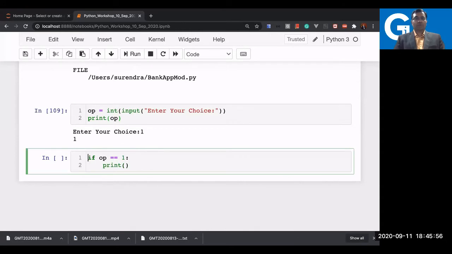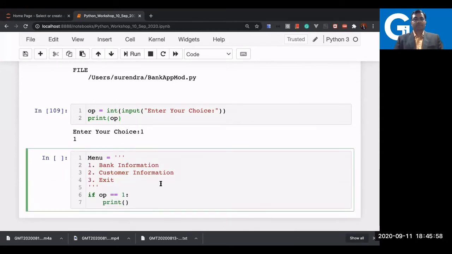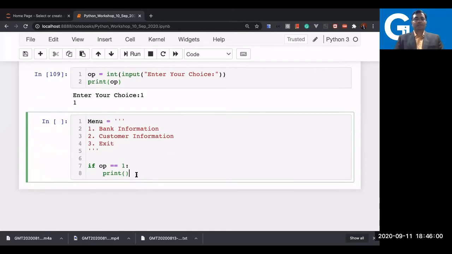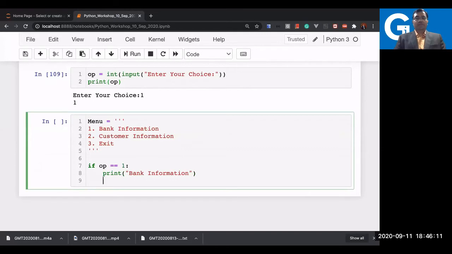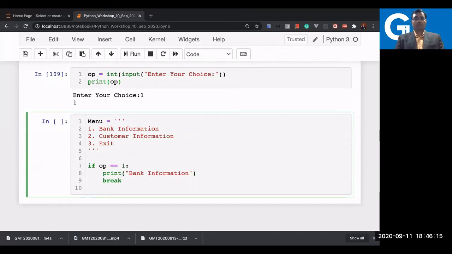So this is the menu we wrote, a simple one. And now here I'm saying print the bank information. So this is one way, and then you can say the break statement, that's your choice now. Elif is for writing another condition.